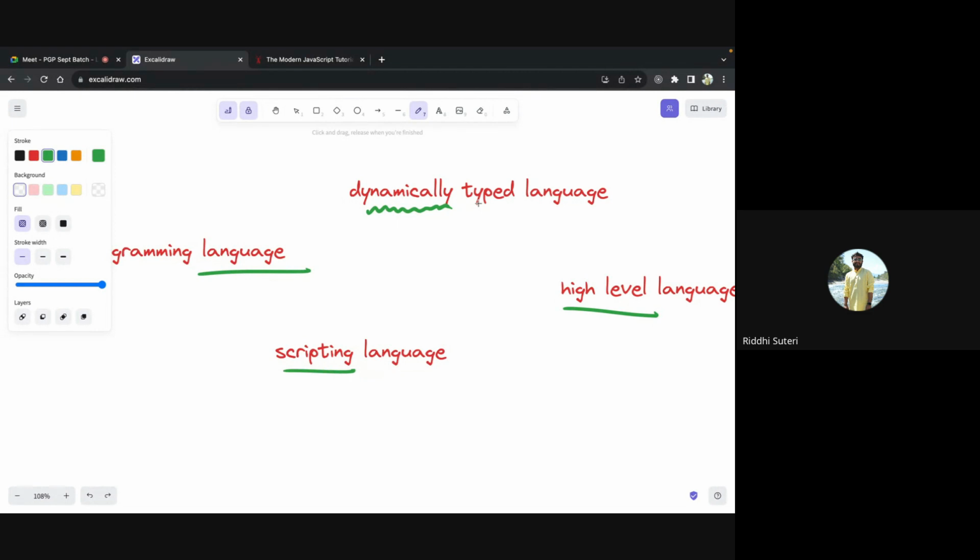But for languages like JavaScript, which is a classic example of dynamically typed languages, you don't need to tell the type of the data. The type of the data can be changed at runtime. Suppose a user has given an input and the input was a string type. That is fine. In the next round, maybe the user will give input as a number type. That will also be fine, right? The type of the data is not a problem here. That is called a dynamically typed language. You don't need to tell the type of the data before doing any operation.